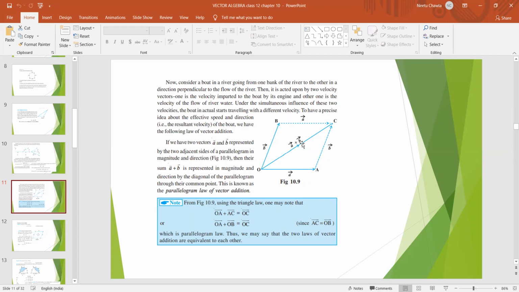So how will they show it? Either you can take this A vector and join it to the final position of the B vector. Then also we get the final displacement OC, which is A vector plus B vector. Or the other way around, you can take this B vector and join it to the final position of A, which will give us AC. So A vector plus B vector, we are getting here A plus B vector. Since it is finally making a parallelogram, this is known as the parallelogram law of vector addition. But in this law also, we have already used the triangle law of vector addition, right?